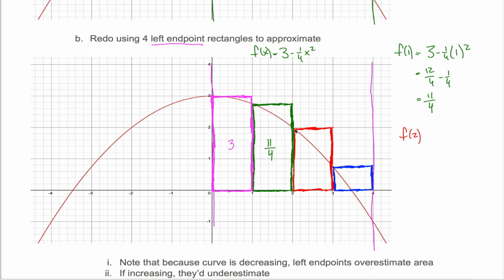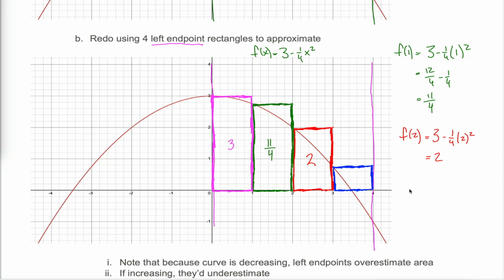To figure out the height of the function at 2, we evaluate f of 2 by copying what we see here, except changing all the x's into 2's. So it's 3 minus 1/4 times 2 squared. 2 squared is 4. 1/4 times 4 is just 1, so it's 3 minus 1. In other words, 2. Oh yeah, that's kind of what it looks like on the graph. It looks like it has a height of 2, but now we don't have to trust our eyes. We can actually calculate it and get exact values. 2 times 1 yields a rectangle whose area is 2,